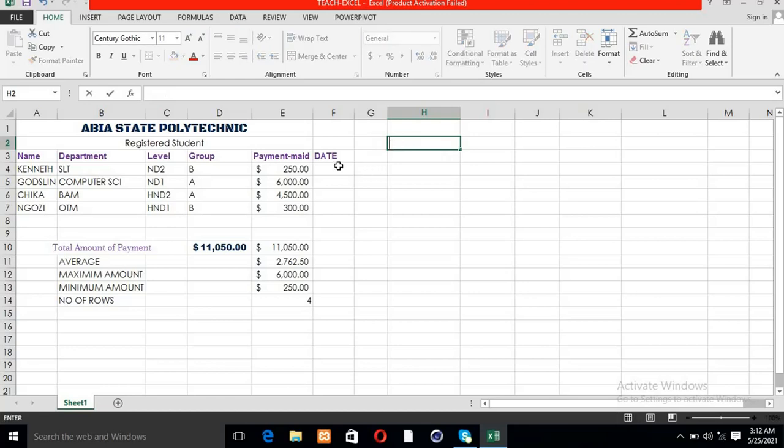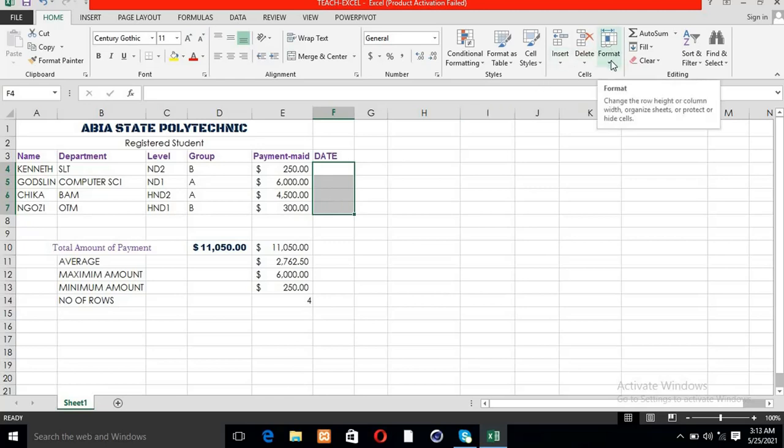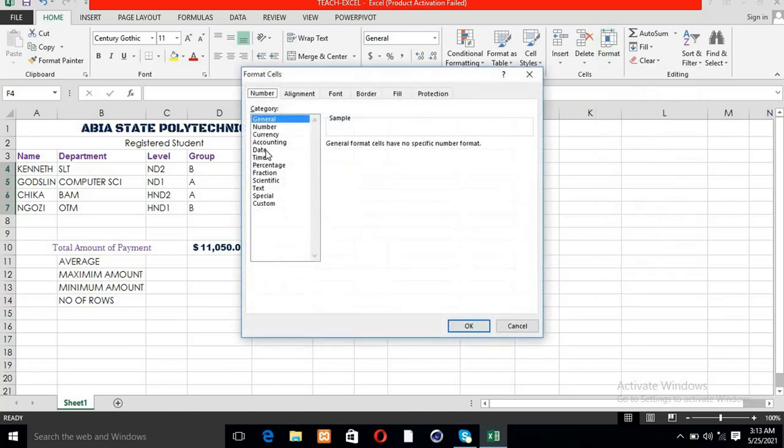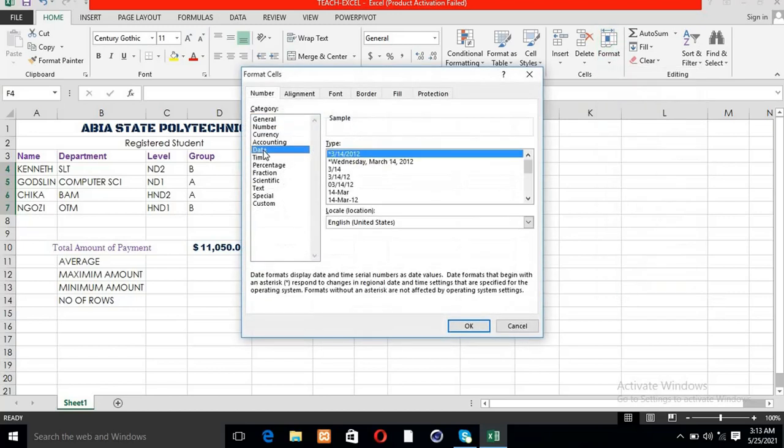So we have date right there. Now I need to format this myself before typing in my date, so that when I'm typing, it will take effect immediately. So I have to click down there, go to format, click down here, go to format cells. Now I select date. Okay, now this is the date pattern that we have. So you should choose the one you actually want. Okay, so I go with this,